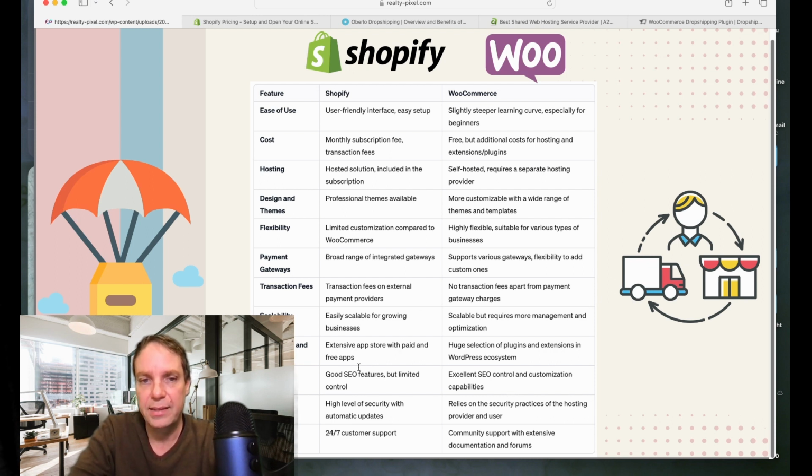And then extensions and apps. So on Shopify, there are a lot of apps and extensions, but the thing is, they are always paid. So there are only a few free apps you can use. Most of them are really expensive and on a monthly basis, so you have to pay monthly fees. And here, on the other hand, WooCommerce, I think it's a little bit better, because for almost every feature you have there, you have a free version that will do the job for you. So of course there are also paid plugins and paid extensions, but